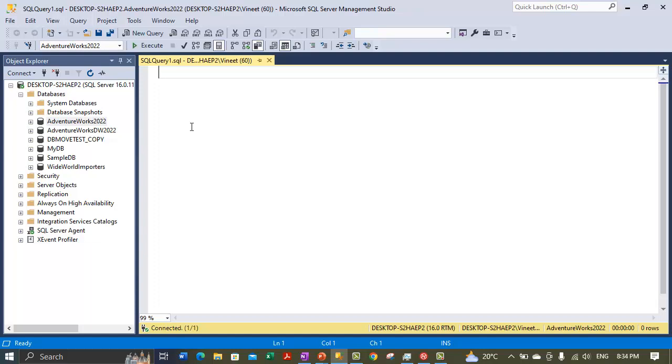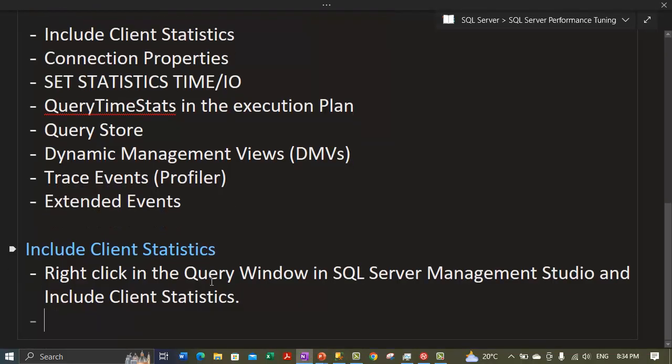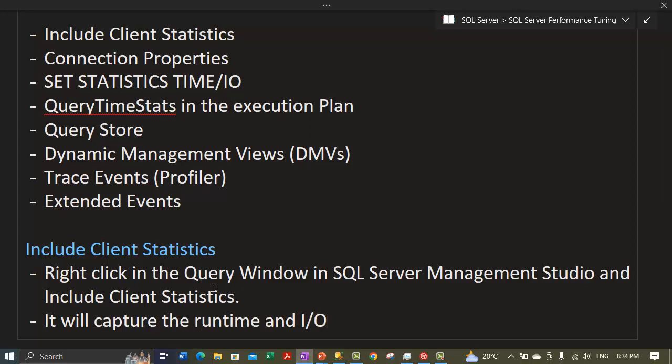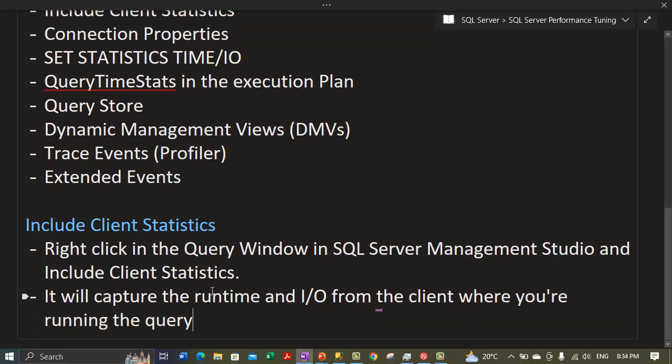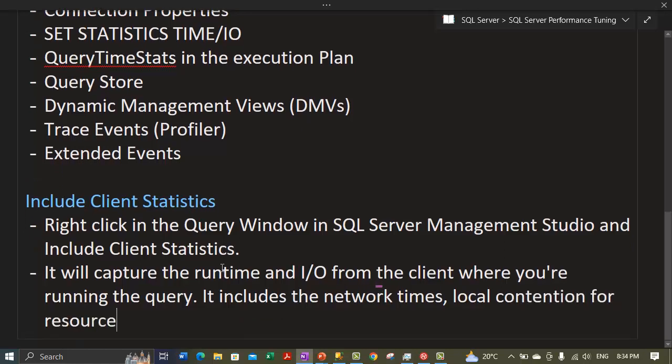Now let me go back to my notes. What it will do, including client statistics, is capture the runtime and IO from the client where you are running the query. So basically it will provide us the runtime and the IO details from where you are running the query. I'm telling you about the information that include client statistics contains. It includes information about the network times, local contention for resources, and everything else